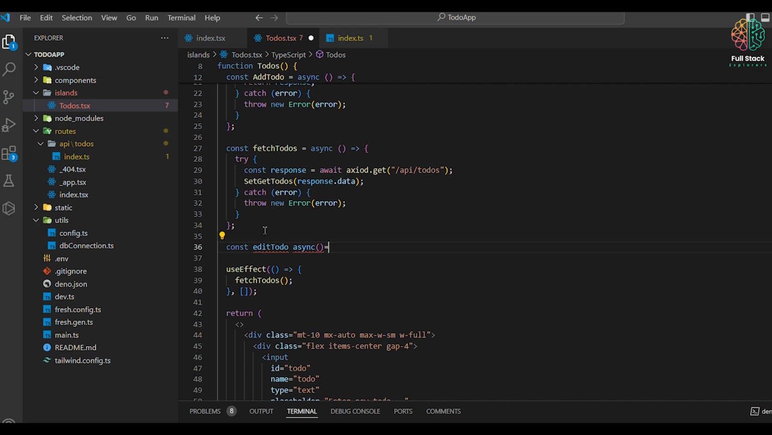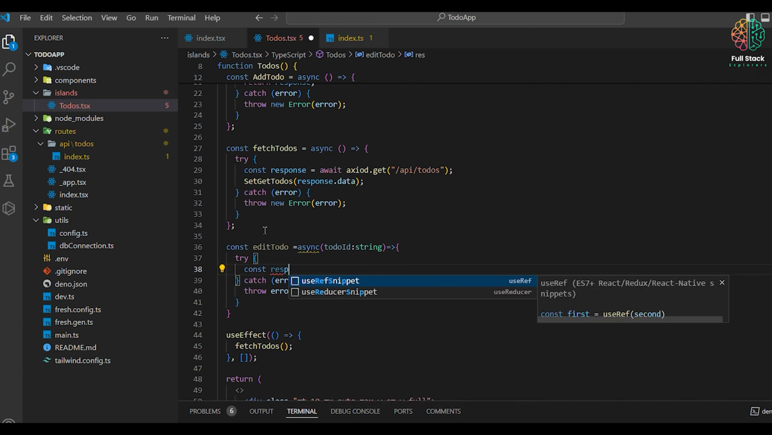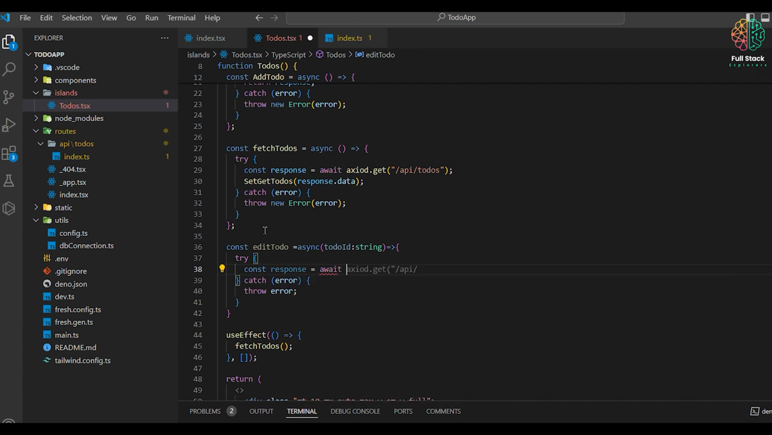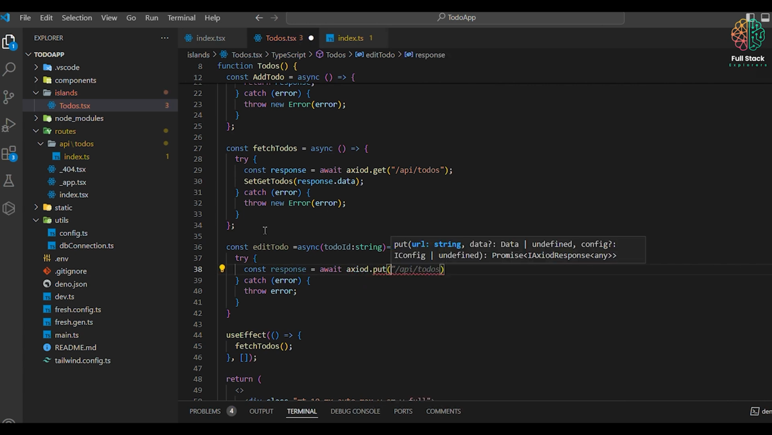This method will be an asynchronous method. Add a try catch block in here. As usual, throw an error in the catch block. This method will have a param named todoID, which will get the MongoDB ID with the type of string. In the try block, we will make response here same as in our last videos, but this time it will be axios.put and our endpoint will be the same as the others,